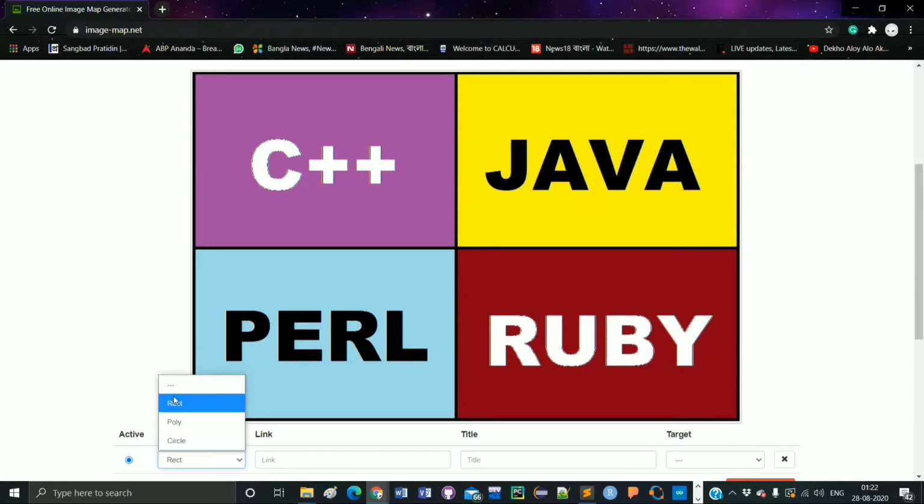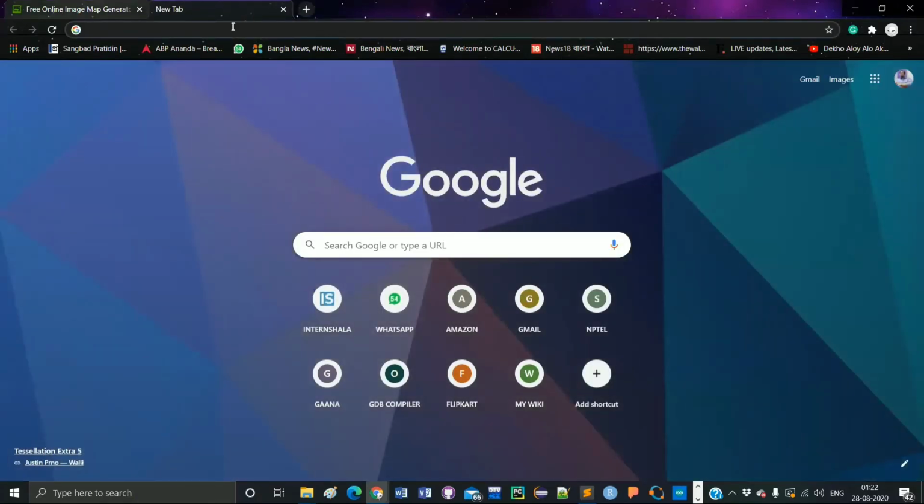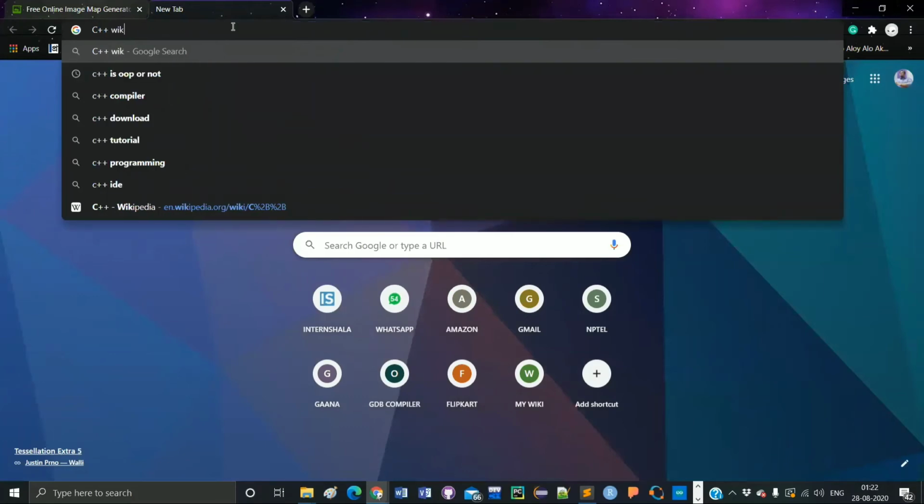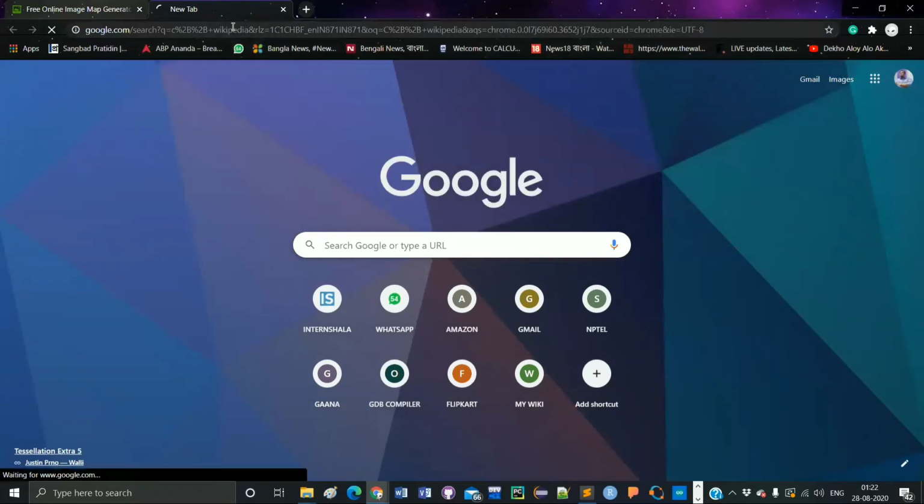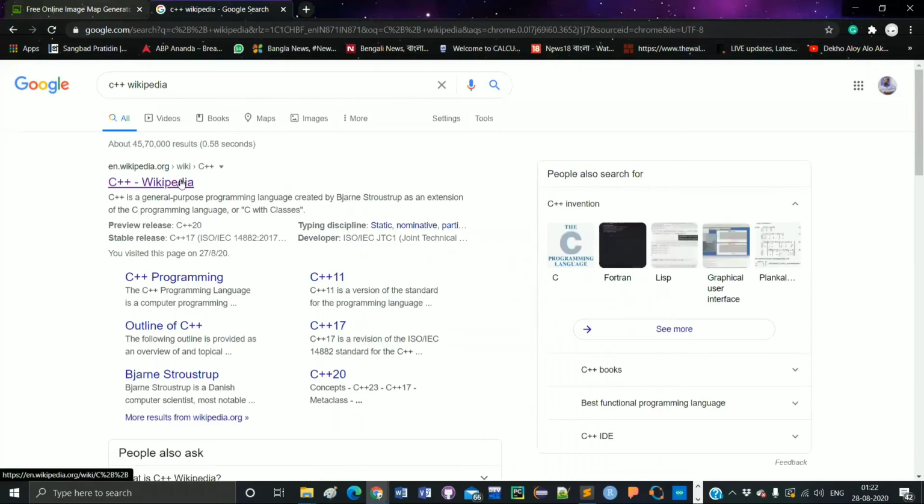Suppose here I use rectangle. Now in here, C++, I just want to hyperlink this C++ with the C++ Wikipedia web page. So I search C++ Wikipedia, and you can see here is the result.